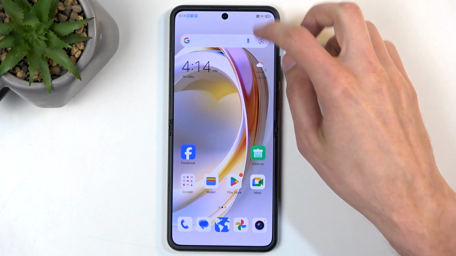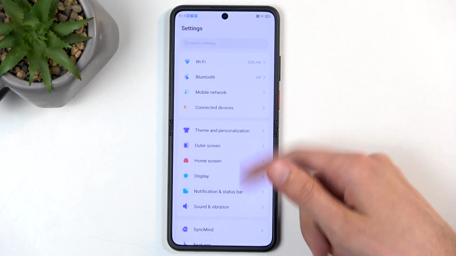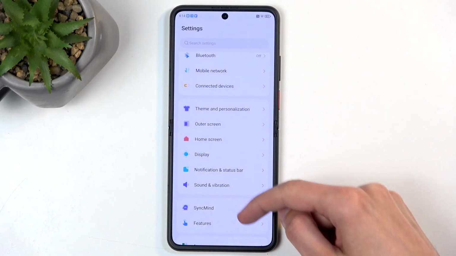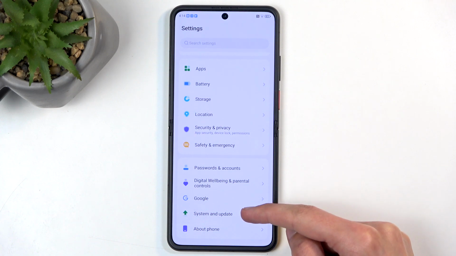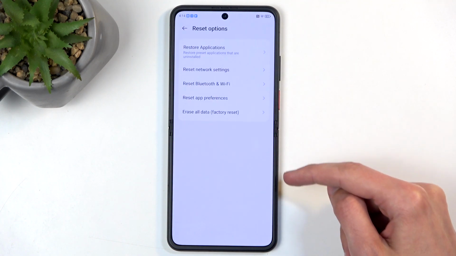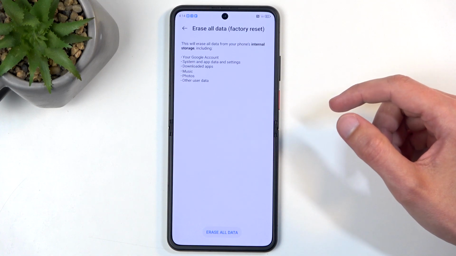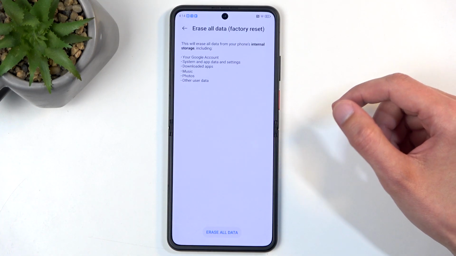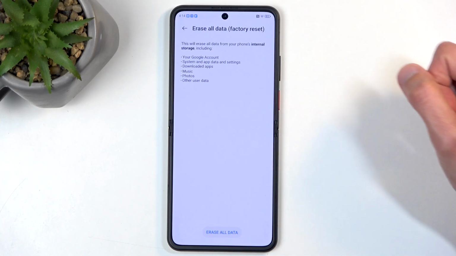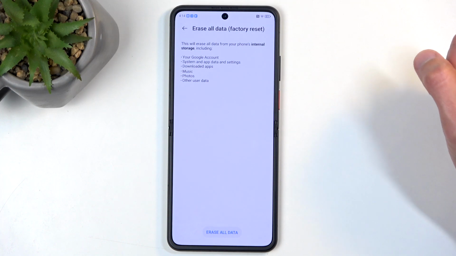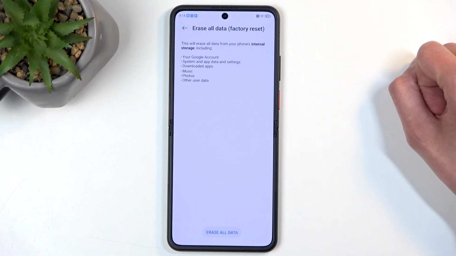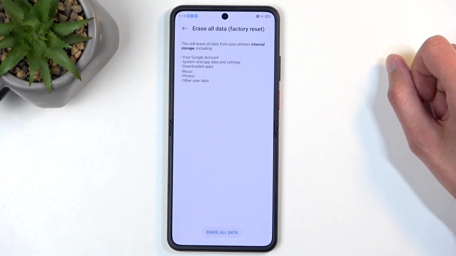So to get started, you will want to open up your settings application and then scroll all the way down to System and Update, and then select Reset Options, and then Erase All Data, Factory Reset. This will present you with a list of data that will be removed by this process, which importantly includes things like music, photos, and user data. All of it. Now, if you want, you can obviously back up your device, and if you don't,